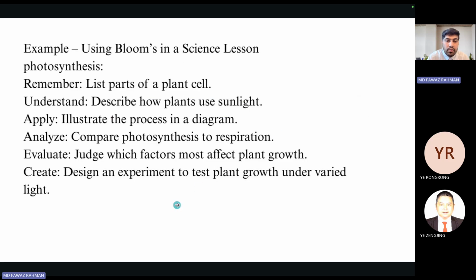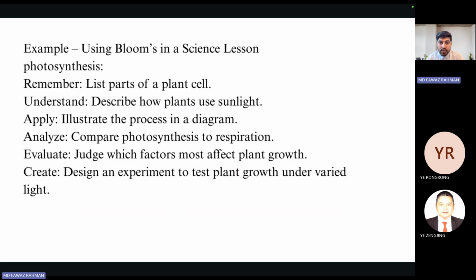So in this video, we see a good example of photosynthesis, and it's related to our Bloom's taxonomy. We can create every part of cognitive learning through this example. For instance, to remember, we recall the parts of the plant cell and how it works. Then we understand the sunlight and the plants,